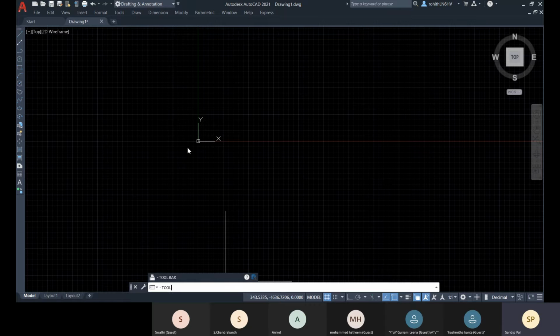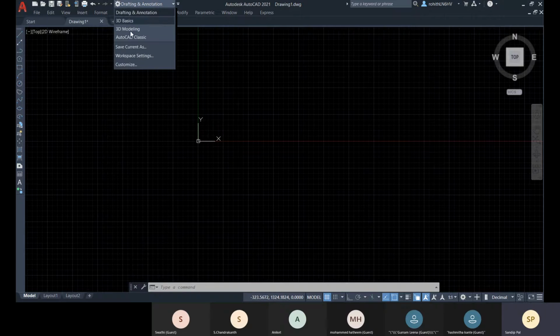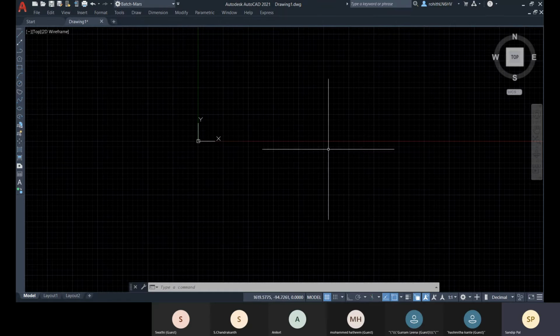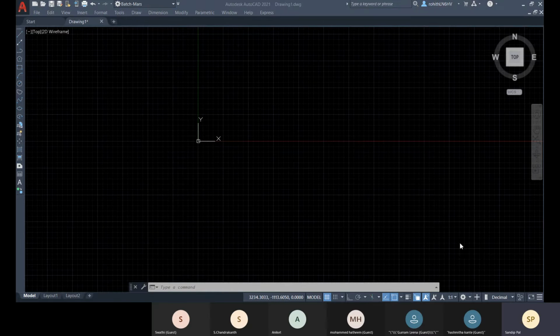And then I'll go to this option, and from here I'll go for save current as, and I'll save this. Suppose let me go with your batch name and let me save it. Okay, so here it is saved.